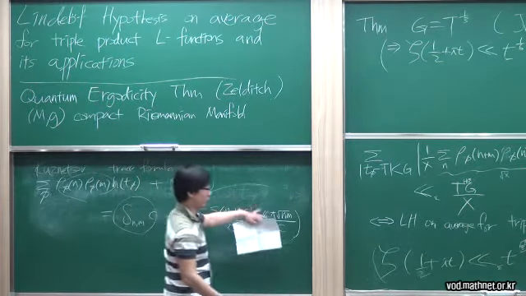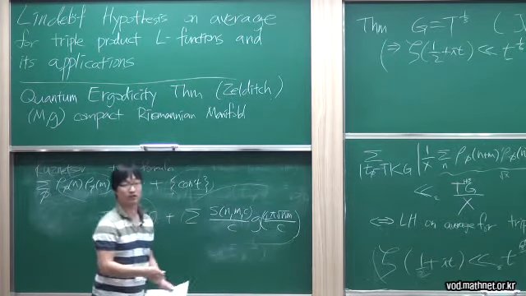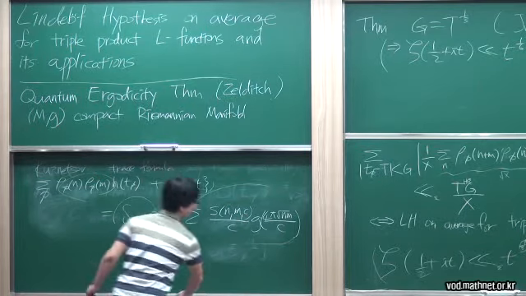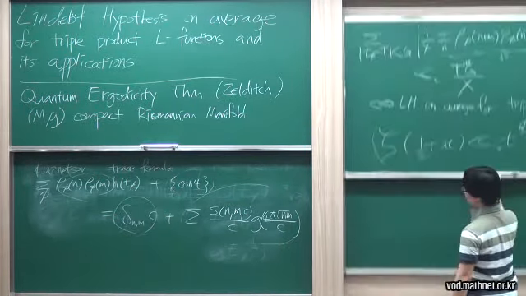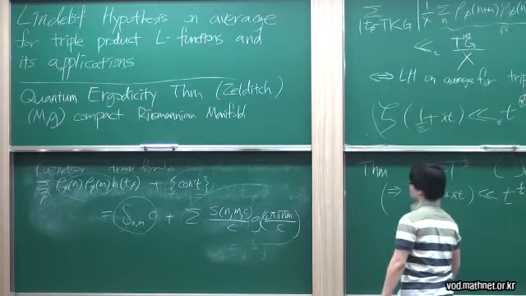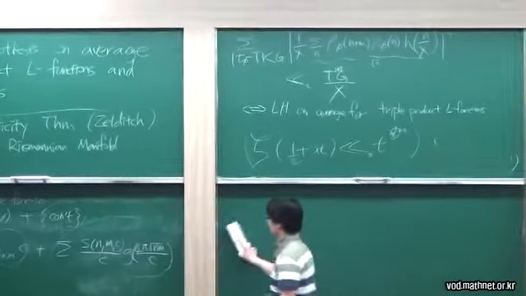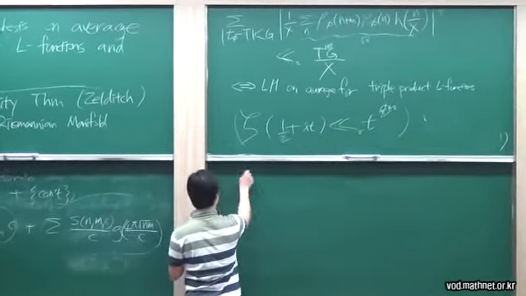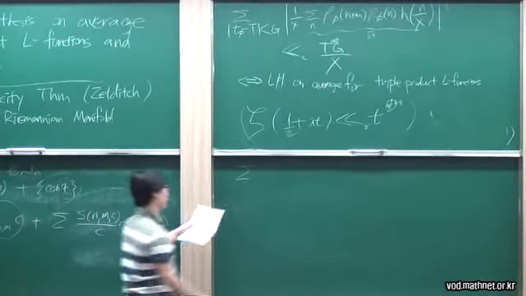And the off-diagonal contribution will contain a lot of sums of Kloosterman sums. Therefore, in the end, the typical shape of the Kloosterman sum that I'll be getting after doing the computation here is,